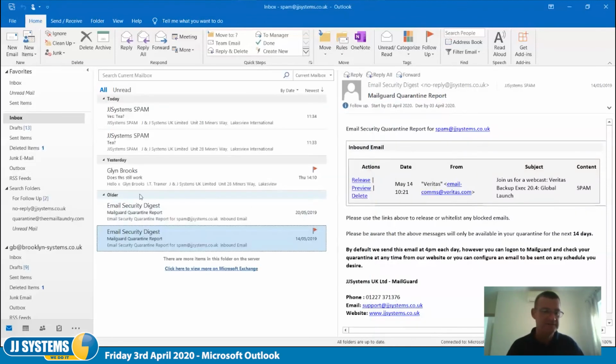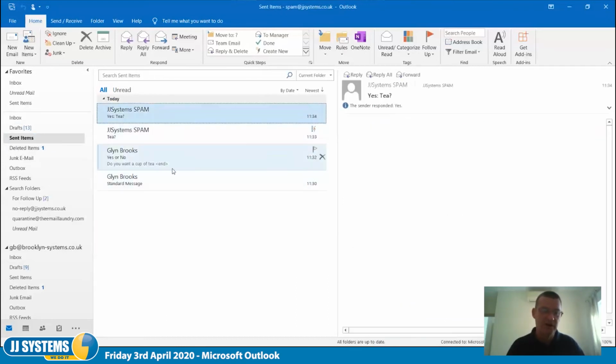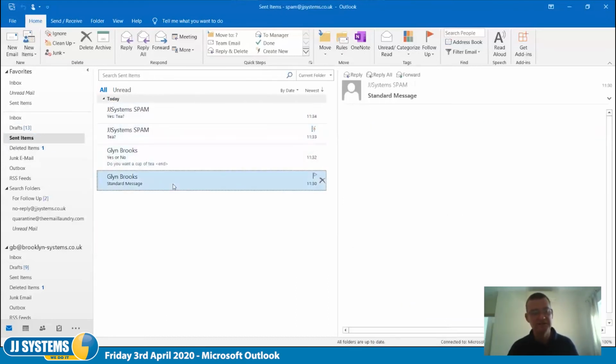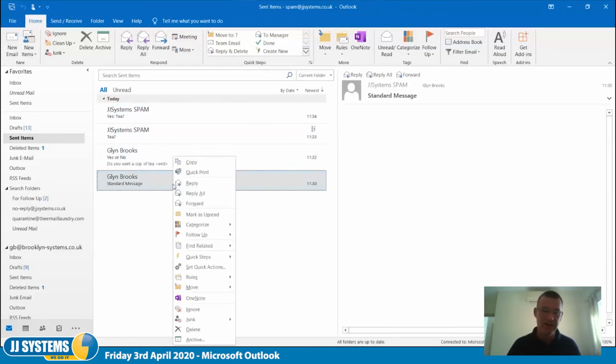If you sent a message and you've not heard anything back, and you think, well, I could really do with getting a reply to that question, it's a bit of a faff opening it up and copying it and pasting it and sending it again, or even forwarding it to the person again. It always looks a bit messy. What you can do is right click on the message, and then go to the option